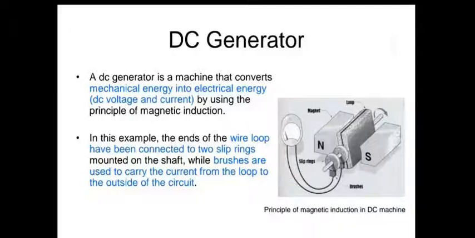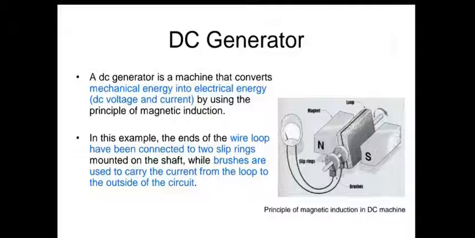The basic principle is simple enough. You rotate a loop of conducting wire at a fixed revolutions per minute in the presence of a magnetic field. And Faraday's law ensures that an EMF is generated across the two ends of the coil. That's the theory. Since the loop is rotating, you have to connect slip rings to it, and to them you connect brushes to pick up the EMF generated.